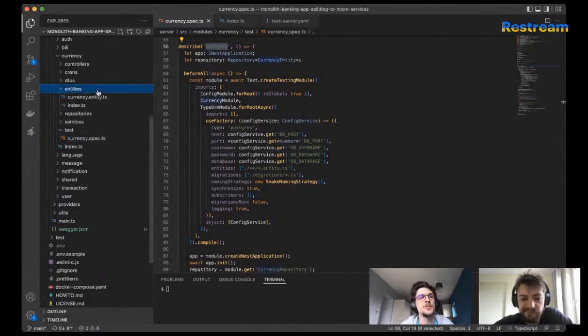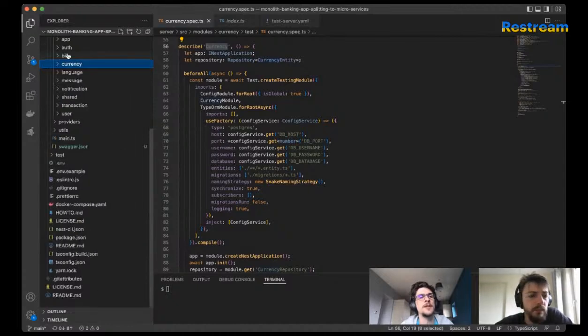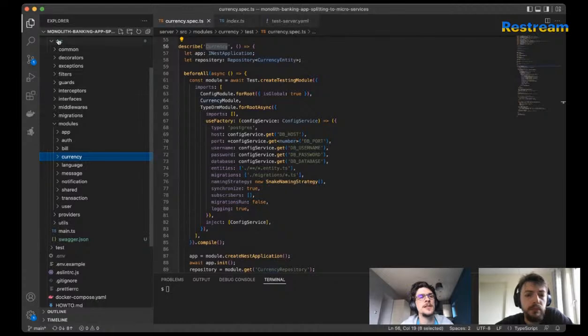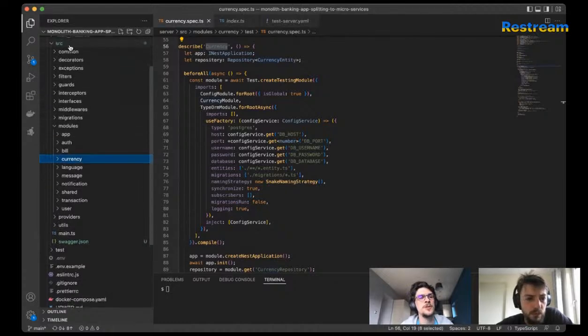So one of the issues, if you go to the currency, basically we're going to have a look at this folder structure. We have a Nest application, and we have modules inside the SRC folder, and all these modules are basically the possible things which we could decompose.